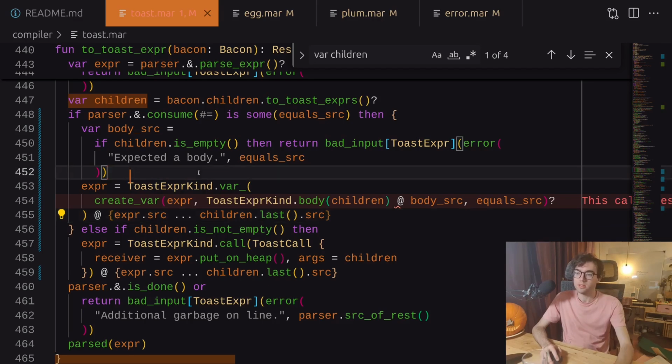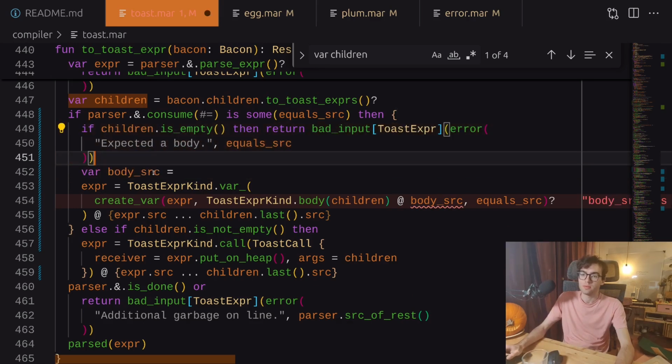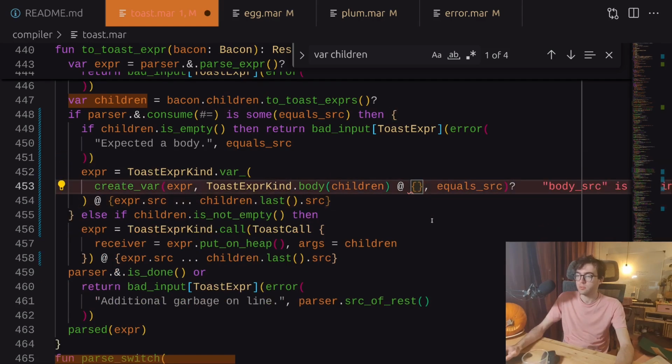Okay, that's super nice. Yeah. So we have this, and then the body source will just be children dot first dot source to children,